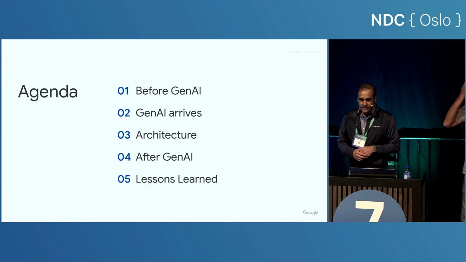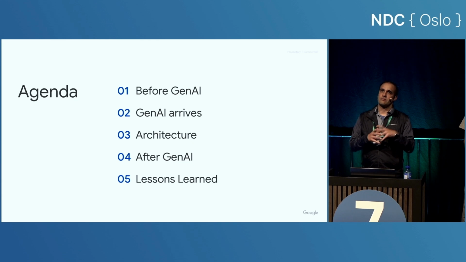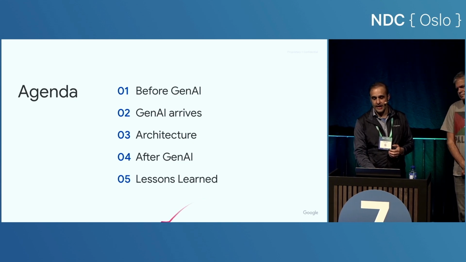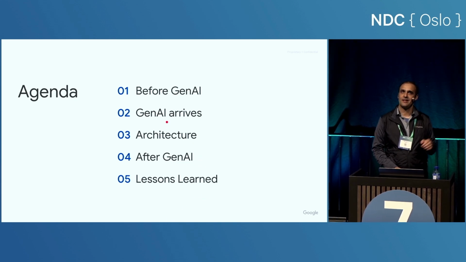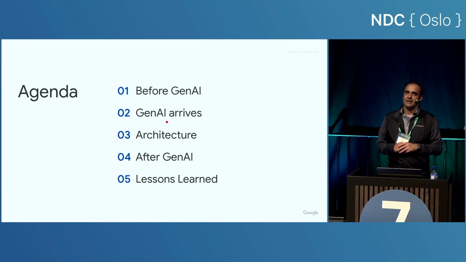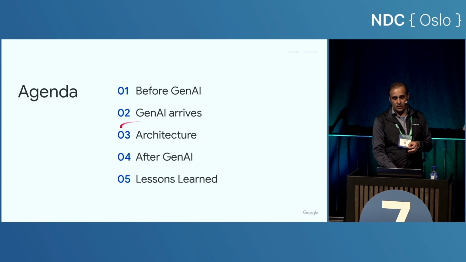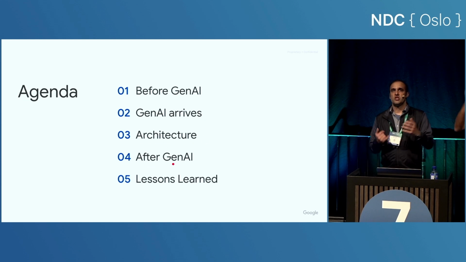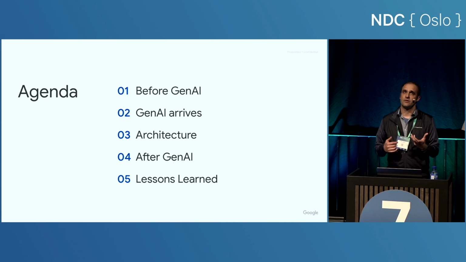All right, so what we're going to do is, as I said, first we're going to talk about the idea of this app before Gen AI, and actually it goes back a while, and Mark will talk about that. Then we'll talk about how Gen AI came and kind of restarted our app. And then I will get into the architecture of the app and talk about how we built it, what we use, just to give you an idea. And then we'll talk about after Gen AI. So what did Gen AI do for us? But also what kind of problems it introduced. Even though it helped us with a lot of things, it also introduced new problems. So we'll talk about that a little bit.